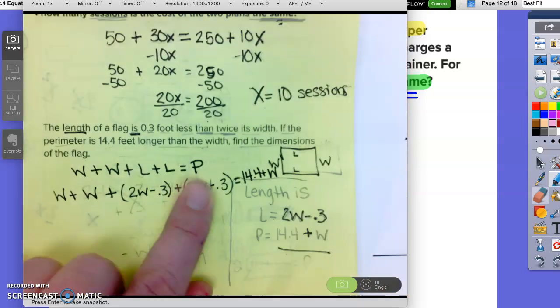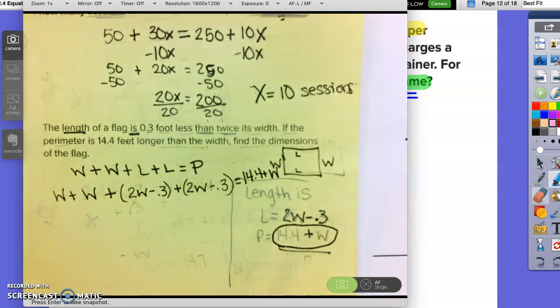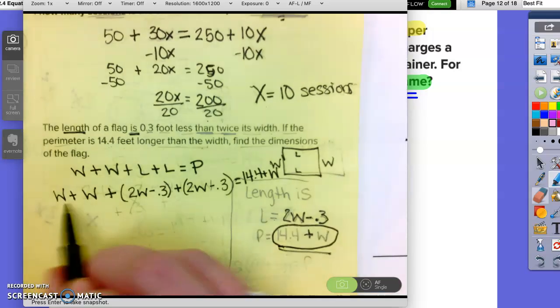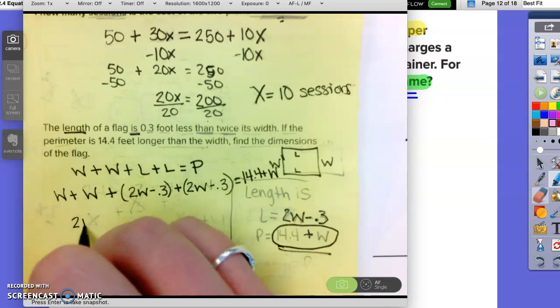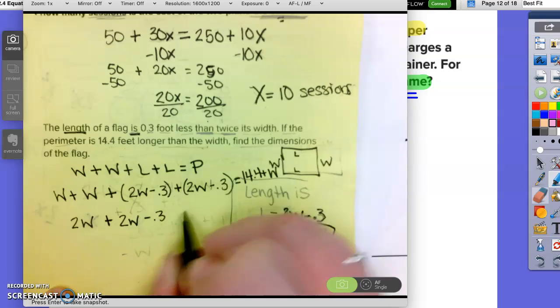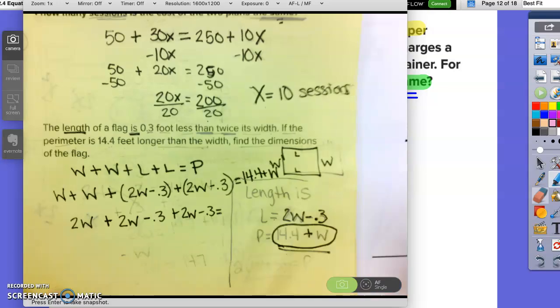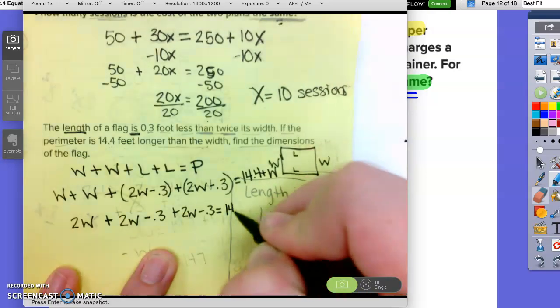Do you see how instead of P, I wrote what P was? Right here. And then I just have to solve it. Now, if you look, all I have in here is W. So I'm going to go ahead. W plus W is 2W plus 2W minus 0.3 plus 2W minus 0.3 equals, gosh, I should write smaller, 14.4